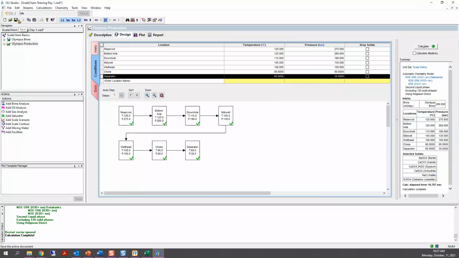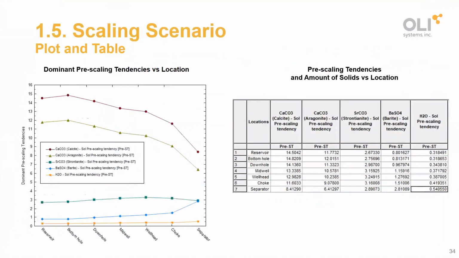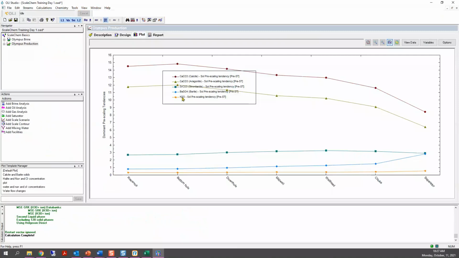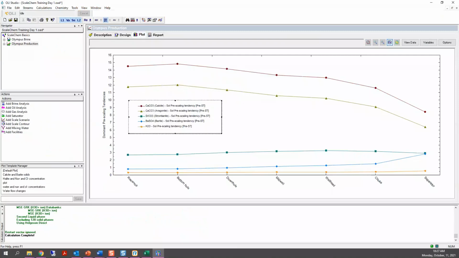Okay. So we went through 3 tabs, and the final step here is to understand the results, right? What is this specific calculation telling you? Okay, so we're going to go to the plot tab.